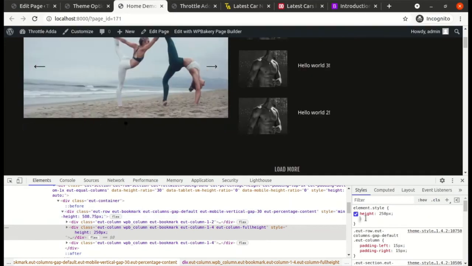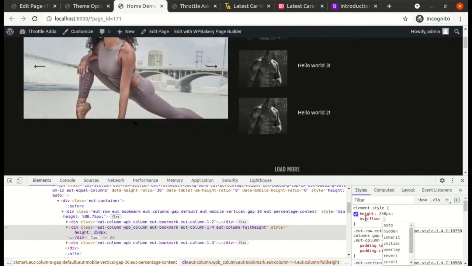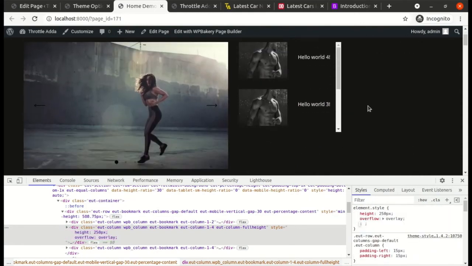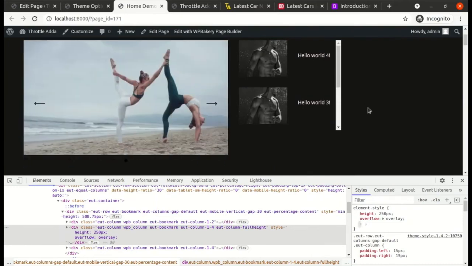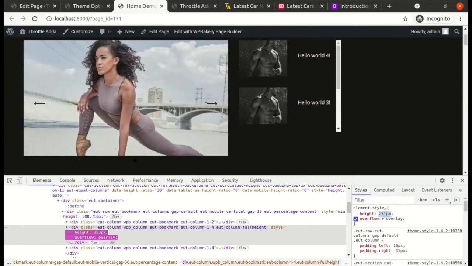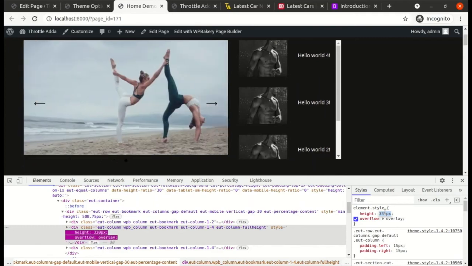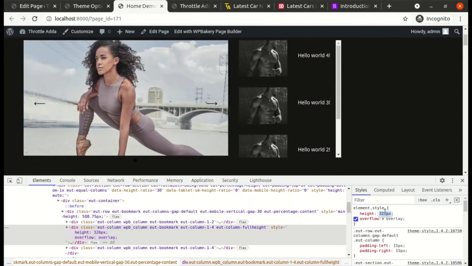And I'm going to write overflow y. Okay, so we did achieve what we were looking for, but not completely yet. We need to increase the height of the container so that we match the slider height. Okay, for now we'll adjust it to 330.